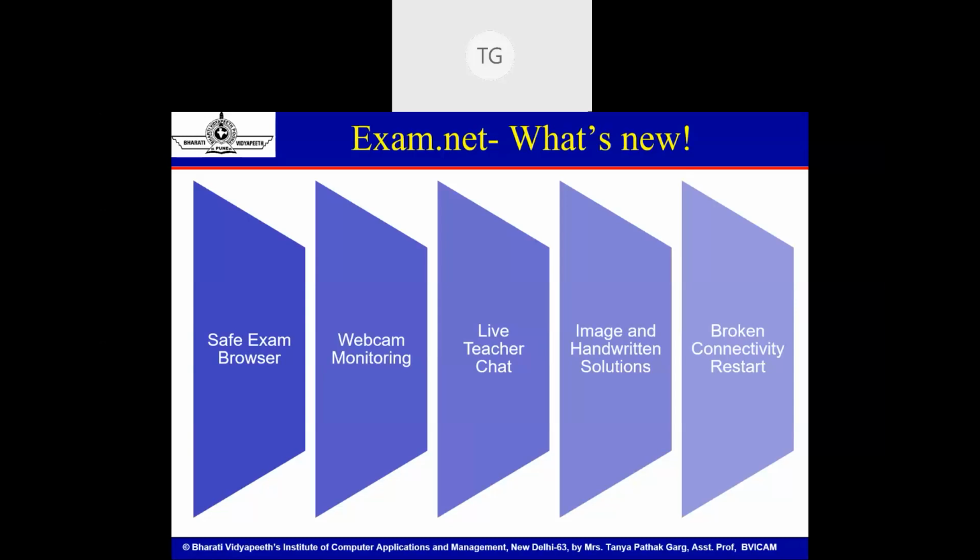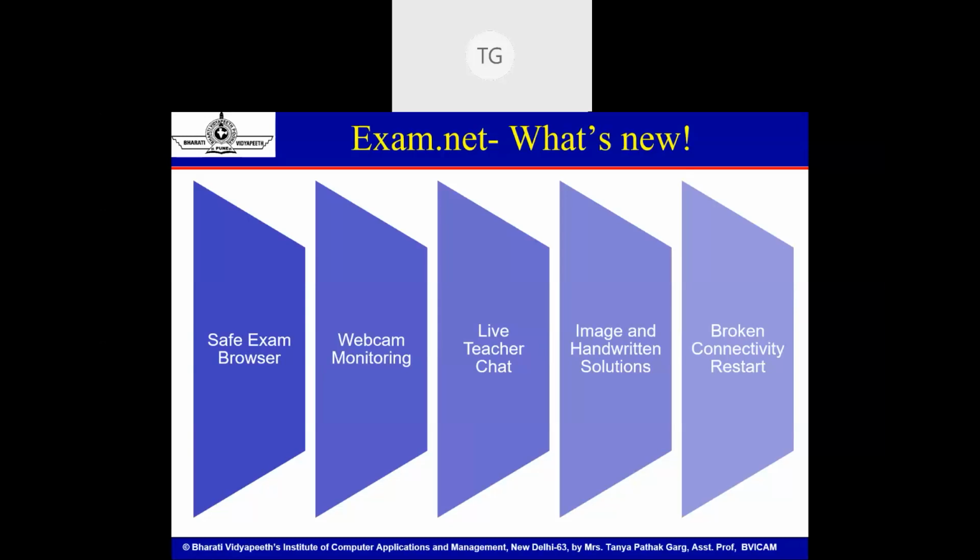All CFA level 1, 2, 3 certifications, Chartered Financial Analyst, all associate certifications are carried out in a remote manner. From any part of the world, you can appear for a CFA exam. The same was true when I appeared for my OCJP exam. It was a safe browser exam, and at the same time there was constant webcam monitoring. So the same mode has been followed for many years. It is just that it is something new to us, and accepting it in all forms of integrity is a matter of question, right?